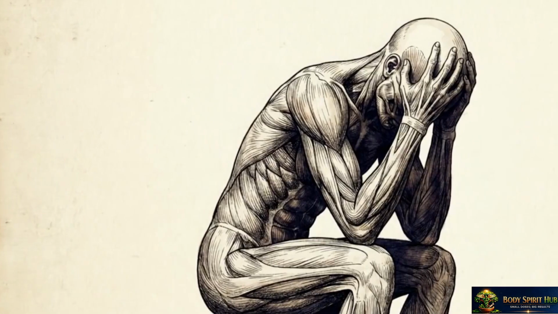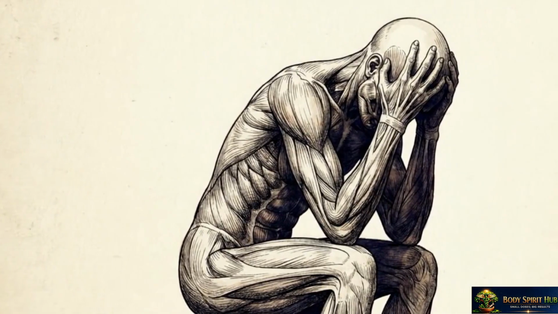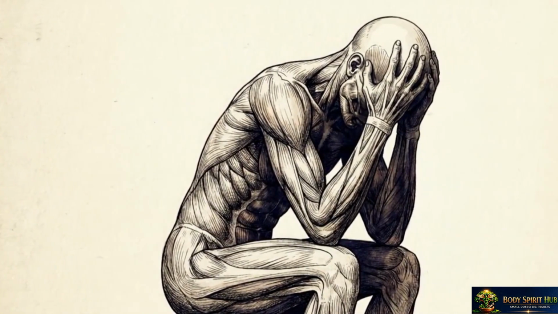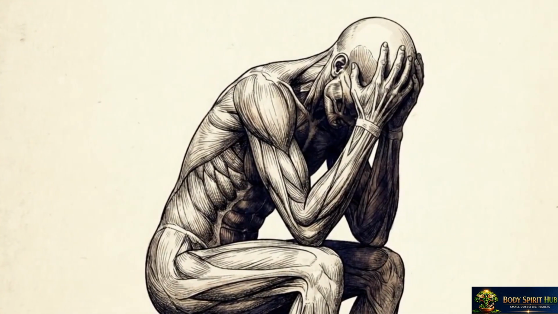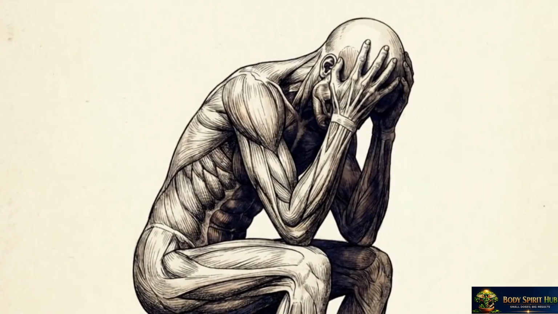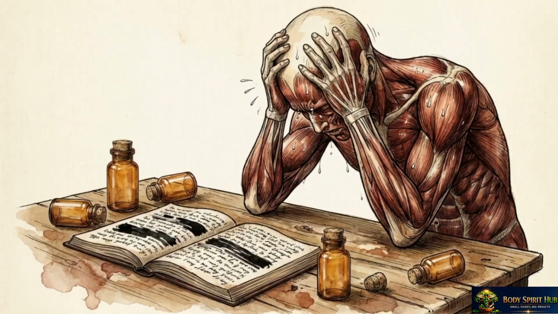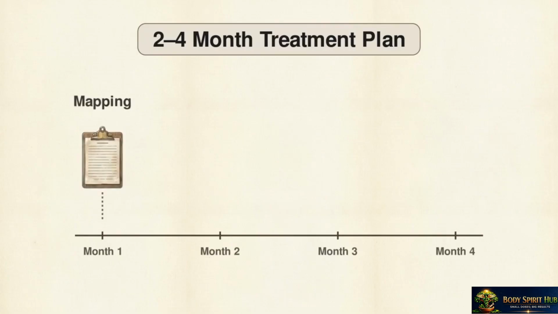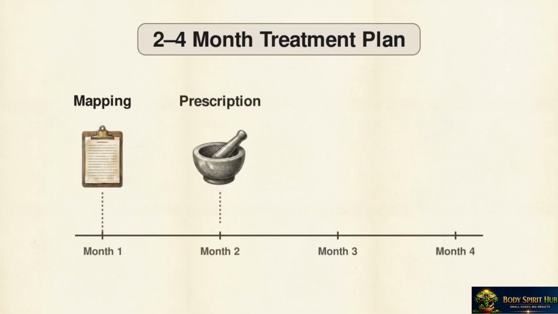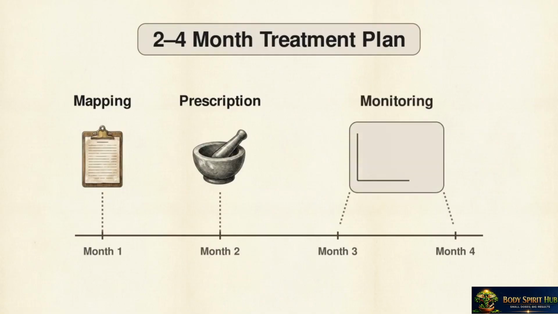There is also the chronic sufferer. If you experience debilitating migraines accompanied by intense nausea, blurry vision, or vomiting, self-care often hits a wall. When self-guided homeopathy fails against severe cases, the trade-off shifts. You need an external perspective. This requires committing to a professional homeopathic consultation. A 2 to 4 month plan involves a qualified practitioner mapping your symptoms, providing a bespoke prescription, and monitoring your